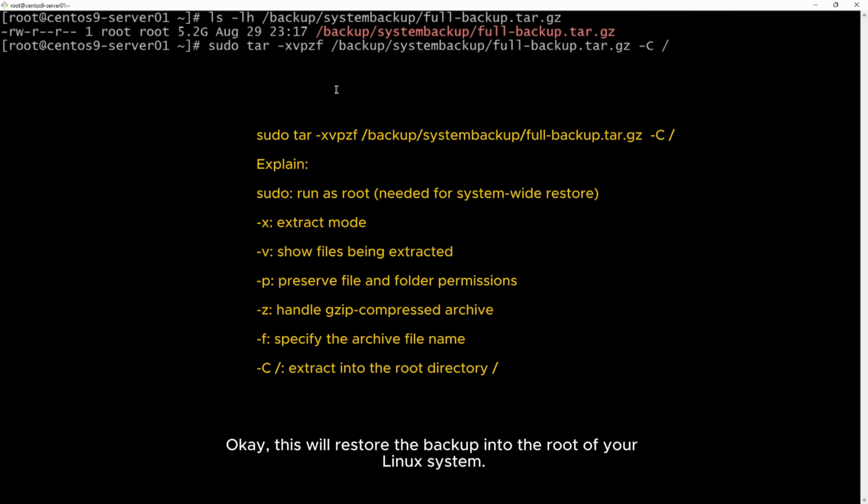This will restore the backup into the root of the Linux system.